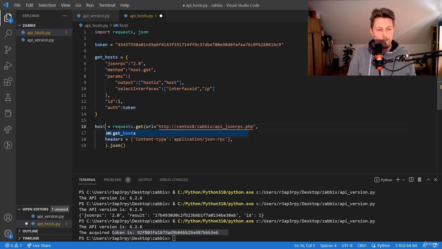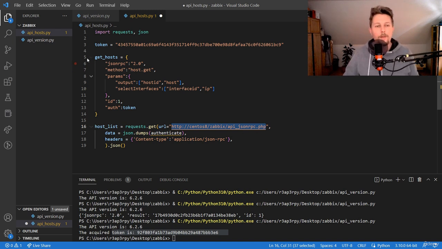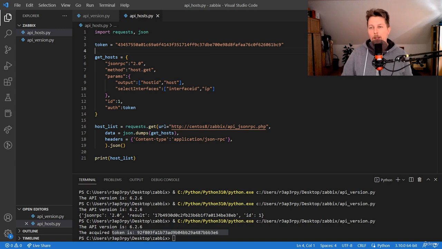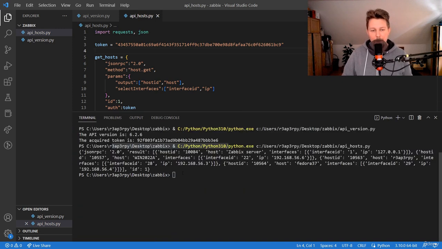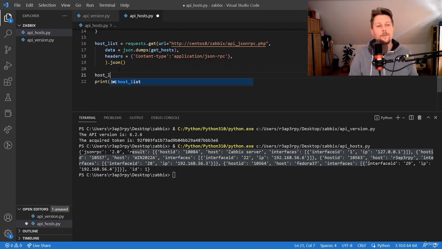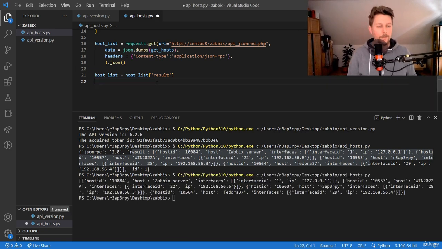Let's call this host list, and we use this URL. This is the endpoint that we are talking with, and we want to use the get hosts. And if everything goes well, we should get the host list. Let's run it. And as you can see on the output, we got in the result field the hosts. In order to reference it, what we have to do is the following. We get the result key from the host list. If we rerun it again, we get this one as a list,